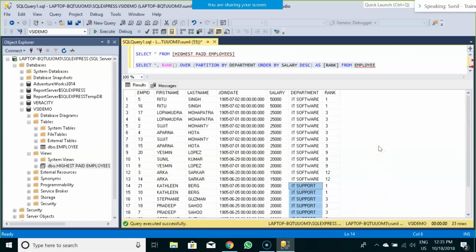Now what's the difference you see over here? Compared to our earlier example, just focus on these three columns: salary, department, and rank.